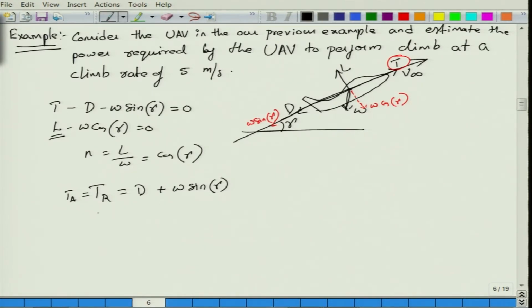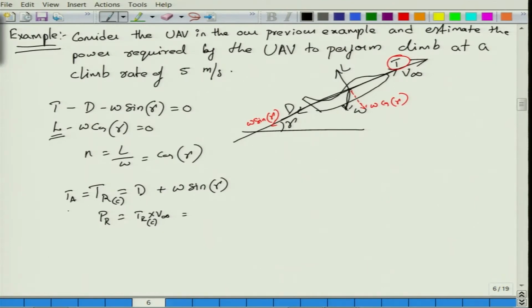The power required by this system is thrust required times V infinity. The thrust required for climb, TR in bracket C, where C denotes climb, because we also discussed TR for level flight.